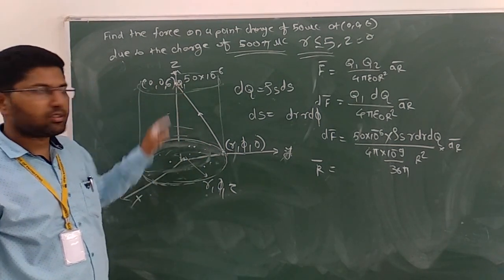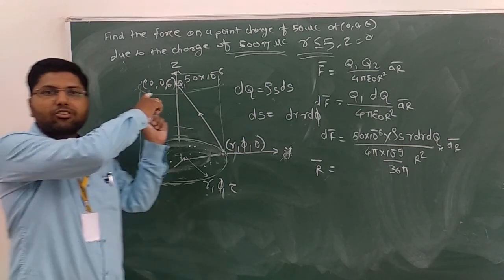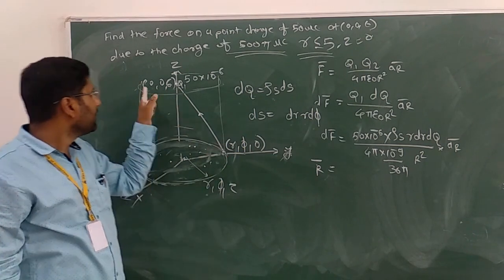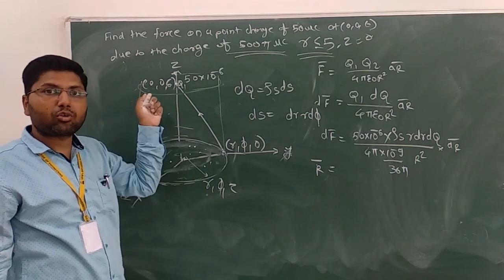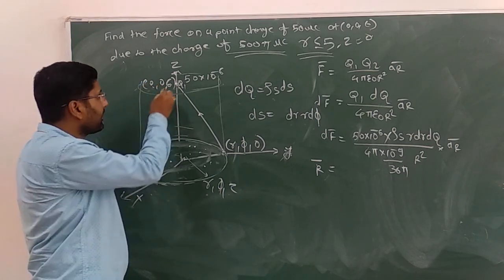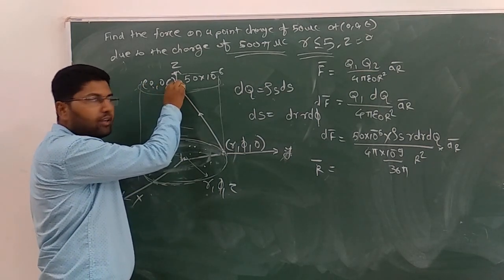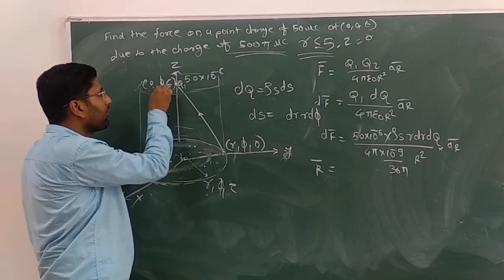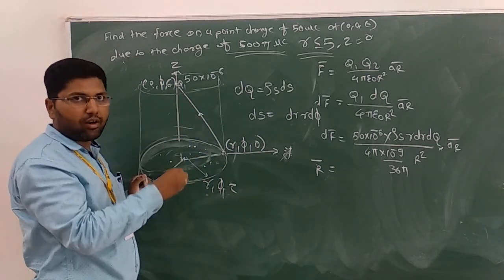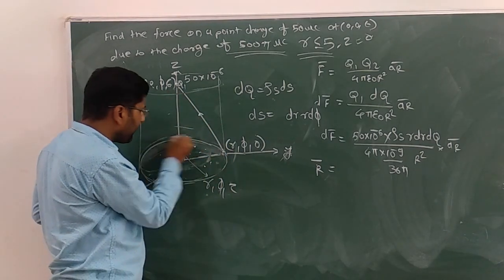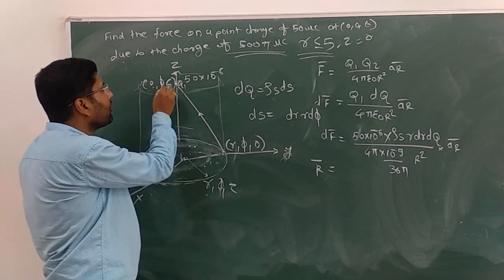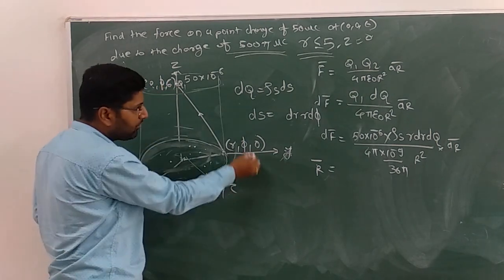Here 0, 0, 6. Now this is the Cartesian coordinates. Okay, 0, 0, 6 is the Cartesian coordinates. I have taken this in cylindrical coordinates, so here I have to convert that into the Cartesian coordinate system. So 0 is what? That is r. Radius is 0 at this point, right? What about this 0? It will convert into the phi. Why? Because when you consider the cylindrical coordinate system, the angle at the base and the angle at the top will be the same. So we have to consider this as a phi. Similar to here is a phi.